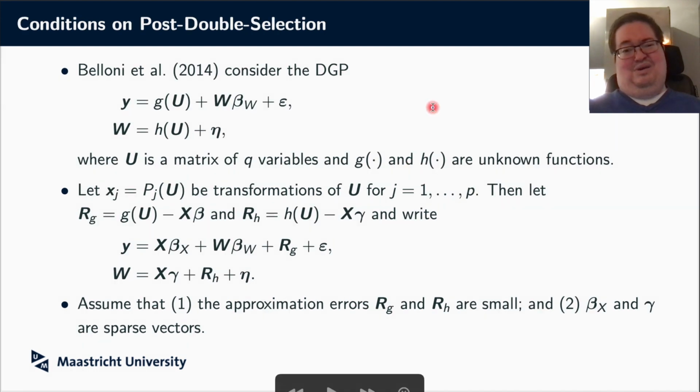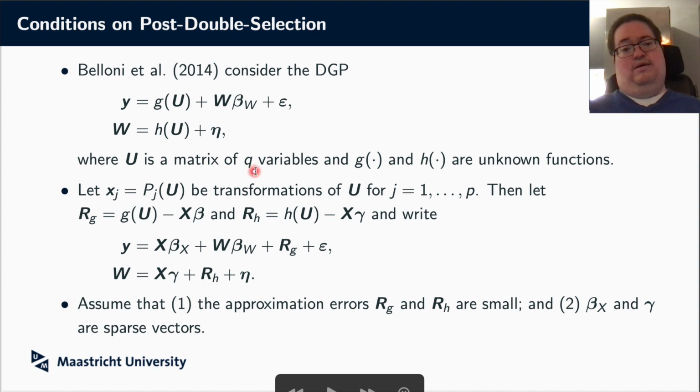So this is the idea behind the post-double selection method, and therefore it makes a very simple way, if you want to do inference on one particular variable, a very simple way to actually do that in an appropriate, valid way. Now what they actually consider in the paper is a slightly more general setup, and it's very similar to what I've discussed before. And what they say is, well, we don't necessarily have to assume that there's a linear relation between y and these x's. Maybe there are some other variables,